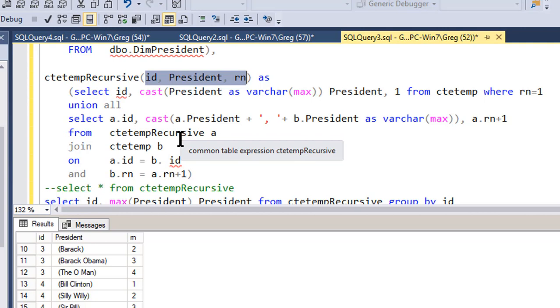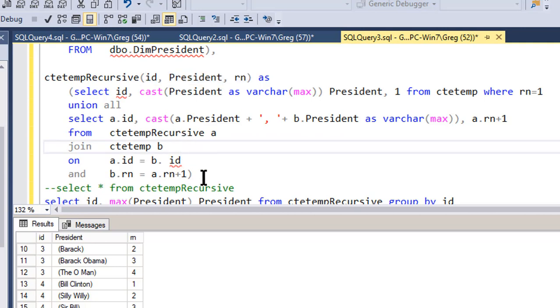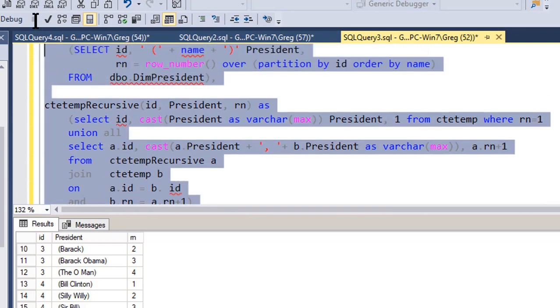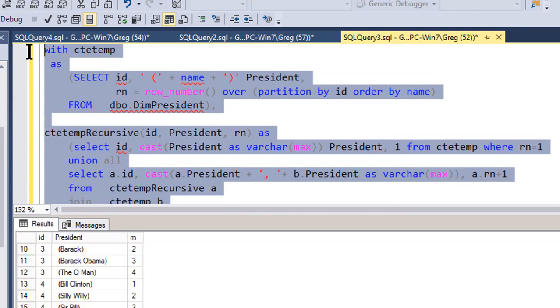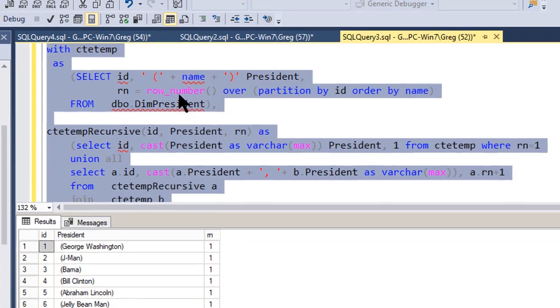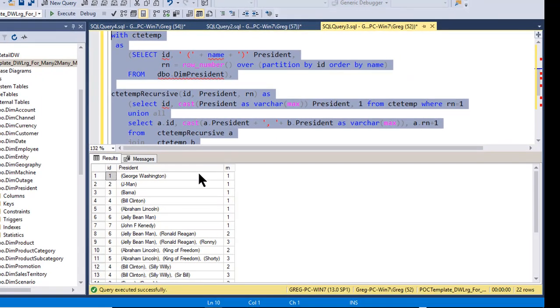All right. So to see how that works, I'm going to uncomment this little piece out because this is not as easy to see. So now I'm going to run it. And so after it gets the row numbers, it comes back in here and, as you see, George Washington comes in first. Then you're going to see on its second iteration, George Washington,